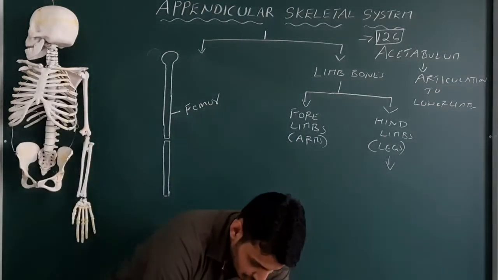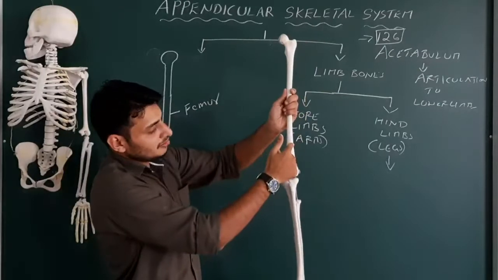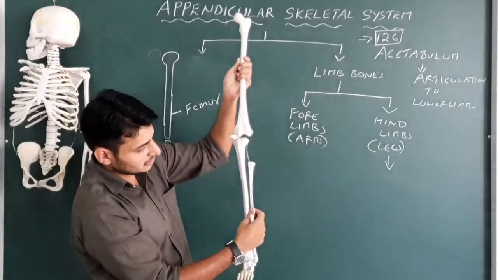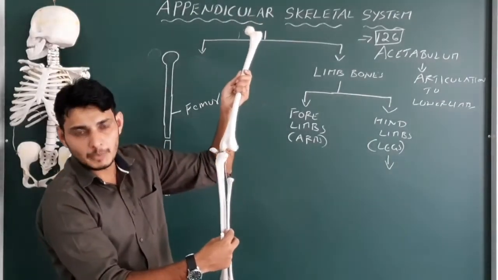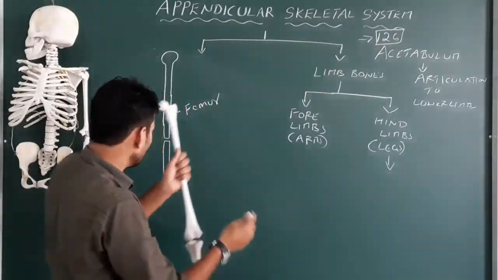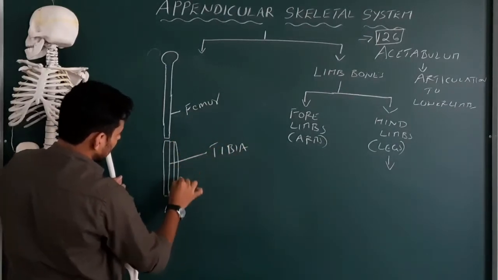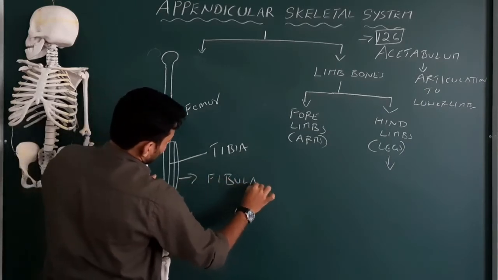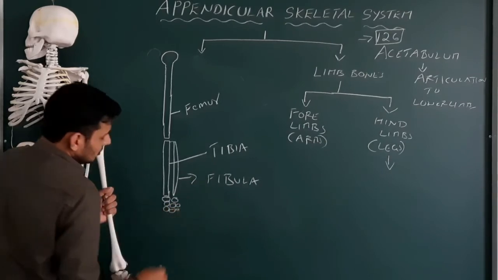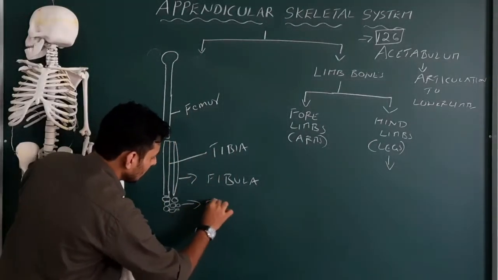Let me show it to you here. You can see, this is nothing but the femur. This structure is called the tibia, and this one is the fibula. The fibula is compared to the ulna, and the tibia is compared to the radius of the forearm. Let me write, it's called tibia. Along with the tibia, there is a tiny bone called the fibula. Ultimately the tibia and fibula are connected to 7 tiny bones, not 8, only 7, and they are called tarsals.